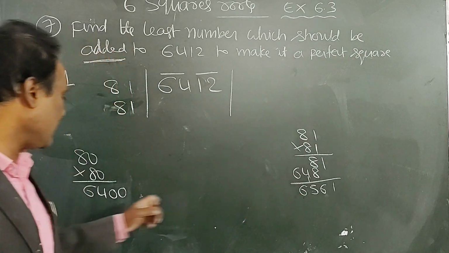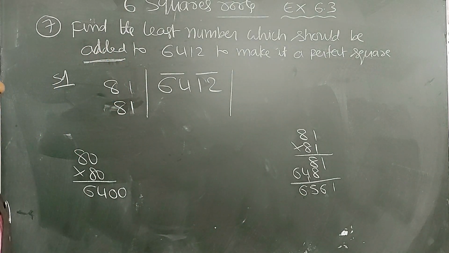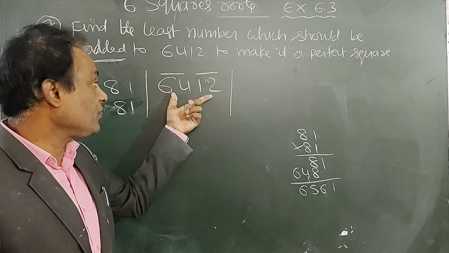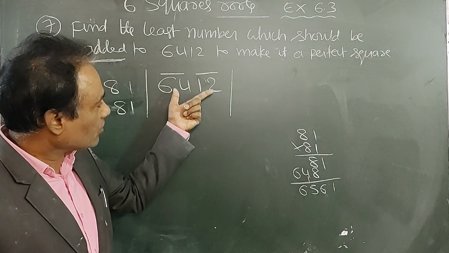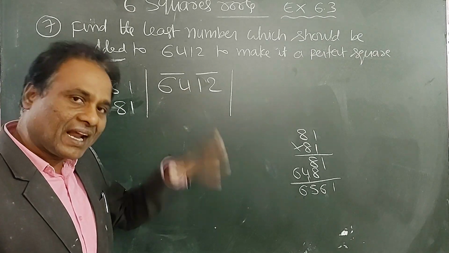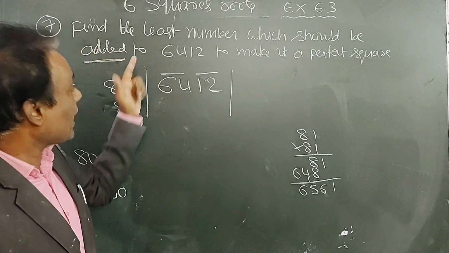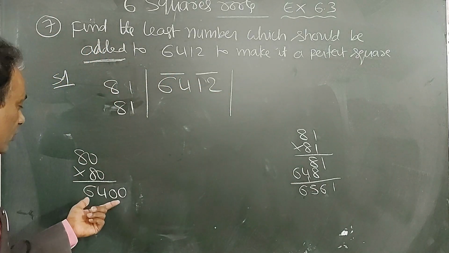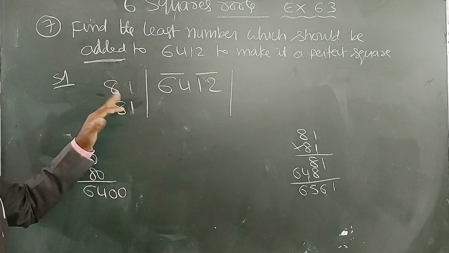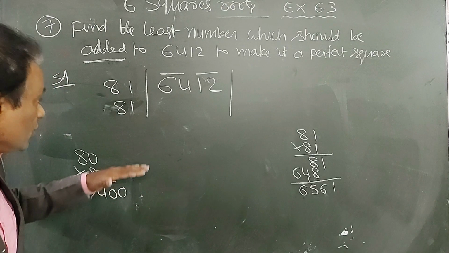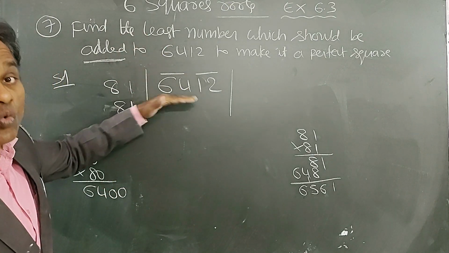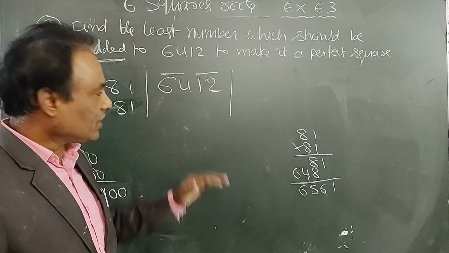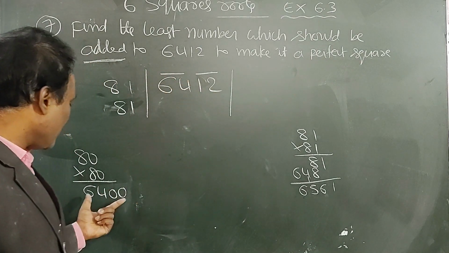So which do we have to take? See, what should be added to it? Added means if we add, do we get a greater number or a less number? Greater only, we are adding. What should be added means we have to take the greater number. What should be subtracted means we have to take the smaller number. Subtract means its value will decrease, so we have to get a less number like this.